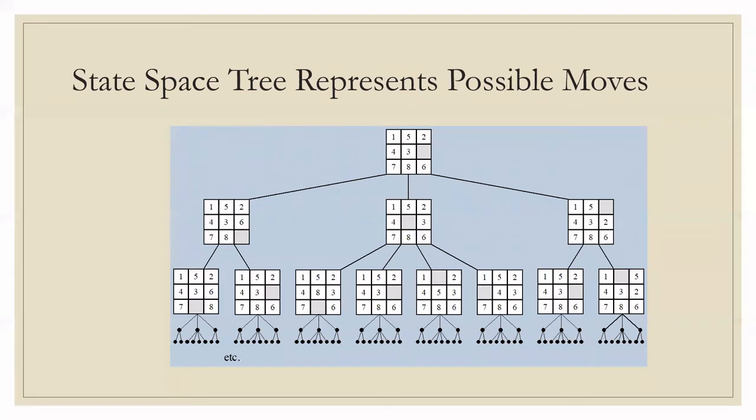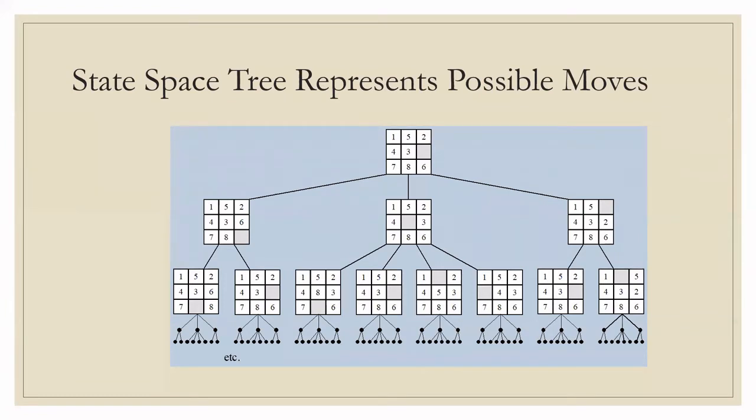We can use the state space tree to represent the board positions that can be reached from the initial position. You can see that the root node has a blank tile in the second row, third column. So there are 3 possible movements for the initial position. Either you can move 6 upward, or you can move 3 rightward, or you can move 2 downward. So the children of the initial root node show all these possible solutions.